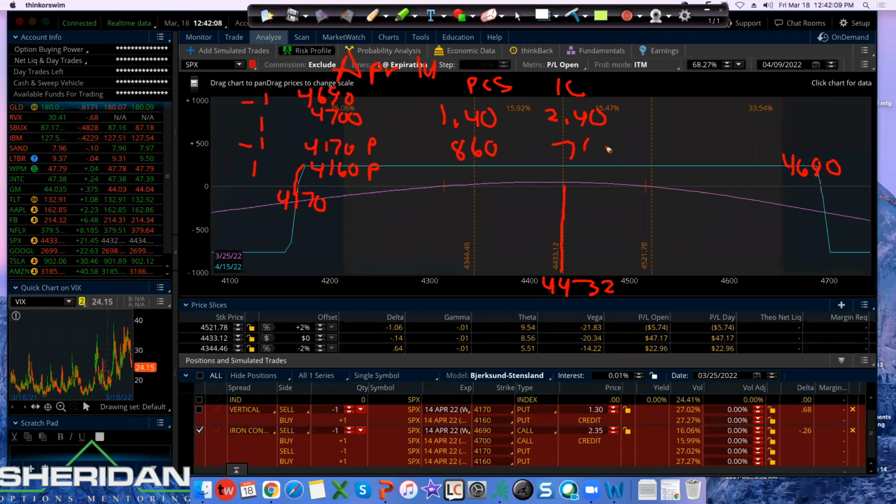So you can see in the iron condor, the advantages are you get 2 credits, so you get a higher credit, less risk, higher yield, and it's relatively neutral. But just for a little bit long delta, the advantage of the put credit spread is one good day up, we can get it off. There's no risk on the upside. And so that's kind of the way